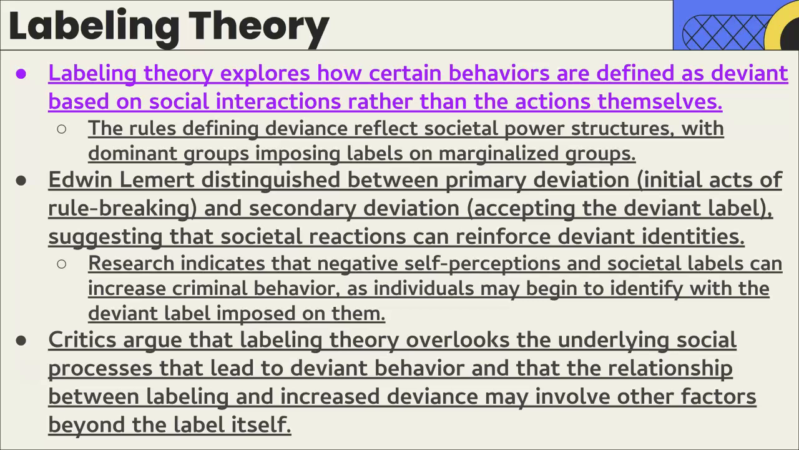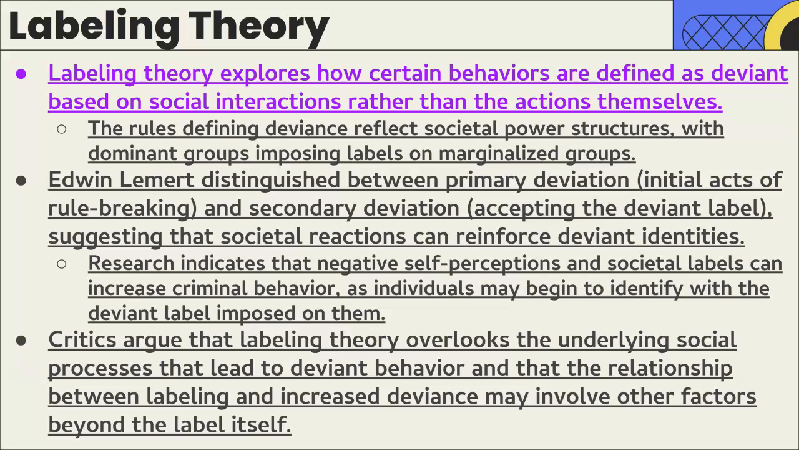So primary is the initial act of rule breaking, and then secondary is whenever individuals accept that they've been labeled as deviant, and they live their life accordingly. So negative self-perception can lead to further criminal behavior in that case. So for example, Luke may break a window and get a warning, but if labeled as a delinquent, he may